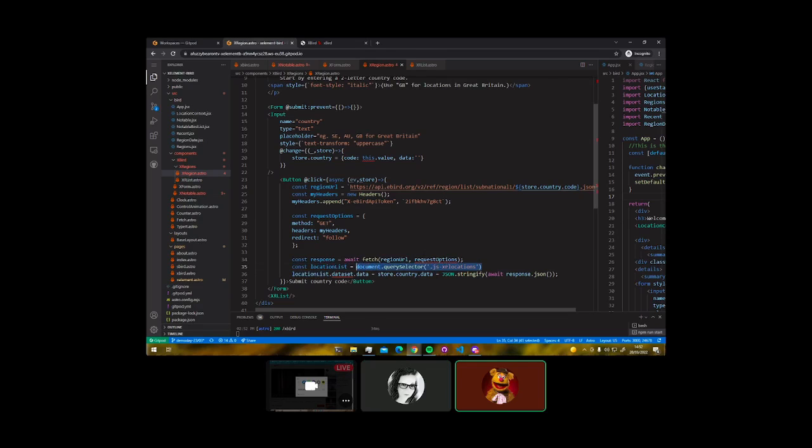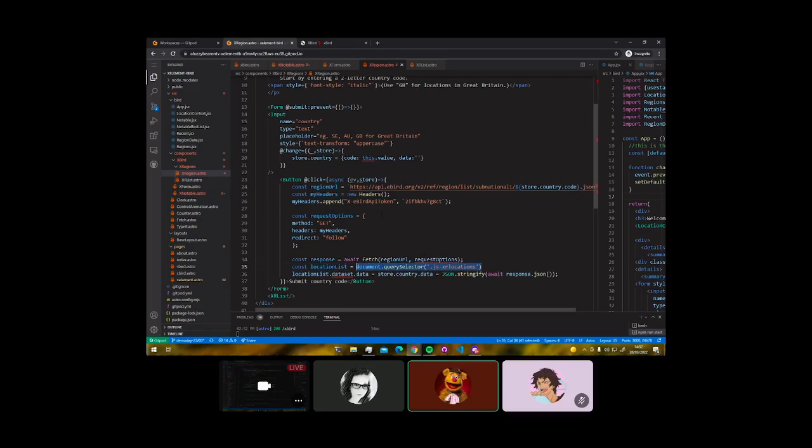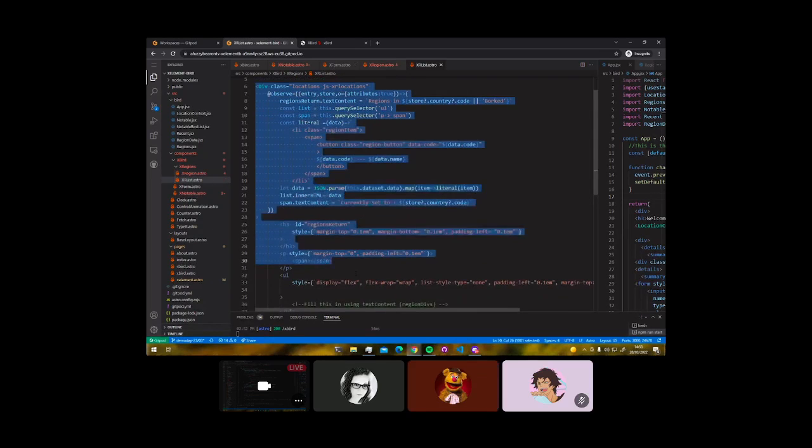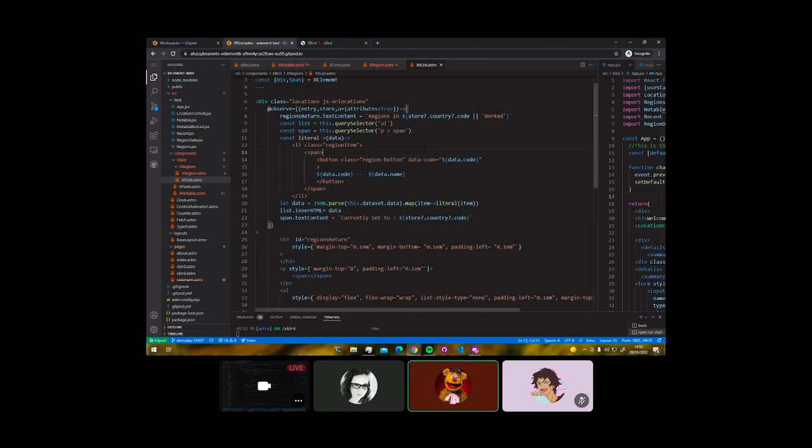Another part in the document is called XR locations, and those XR locations is this particular div element here. Now, this div element is what we are going to be using to fill in the information and then populate the